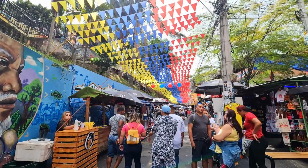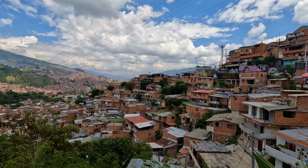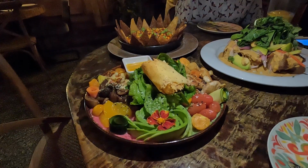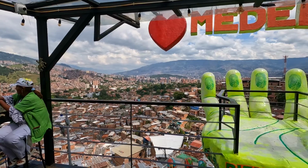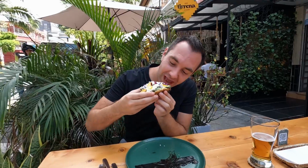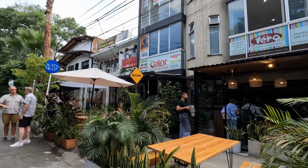Medellin is a vibrant city in Colombia, full of lush tropical vegetation, lots of absolutely spectacular panoramic vistas, and of course, many places to eat delicious food. Today we're going to take you on a Medellin food tour and show you some of the best restaurants and patios in the city, including a few with breathtaking views to give you some ideas on where to eat in Medellin, Colombia. We'll start on this tree-lined street in El Poblado